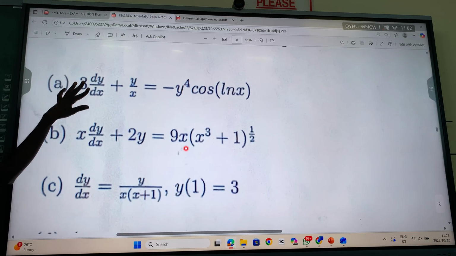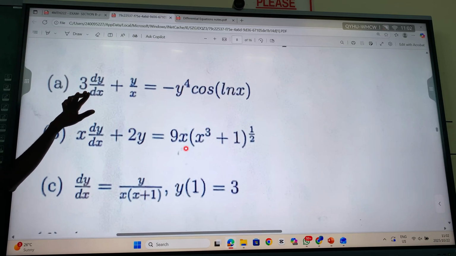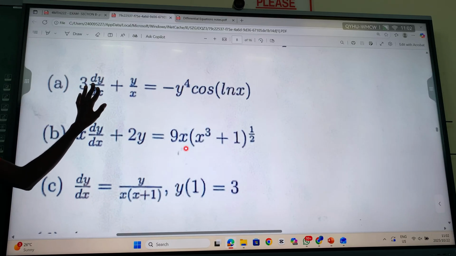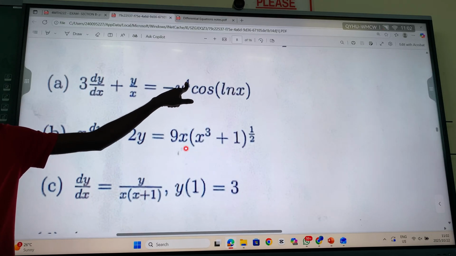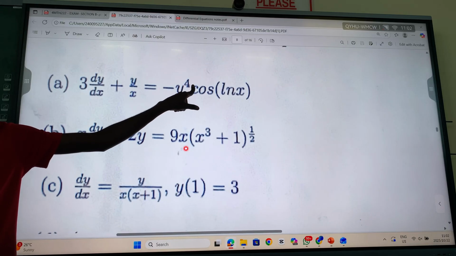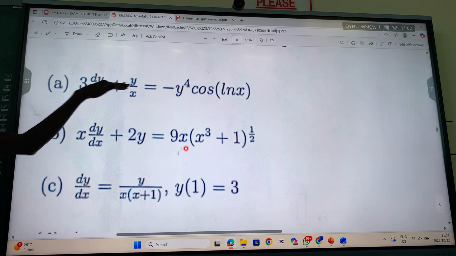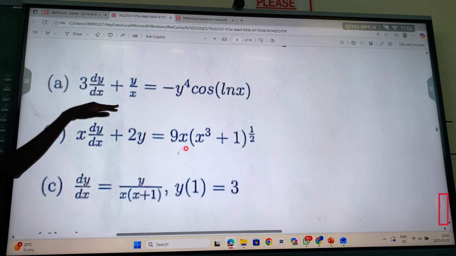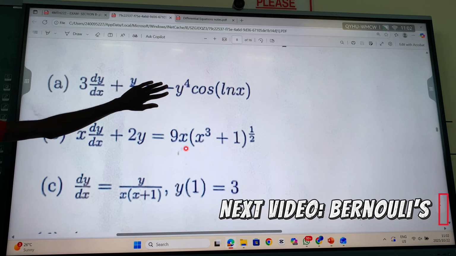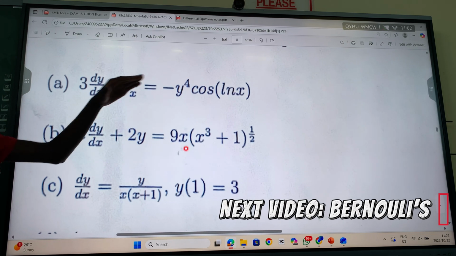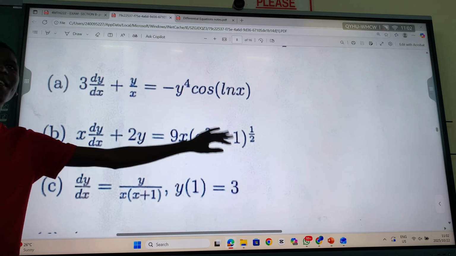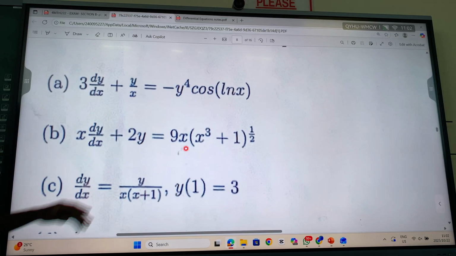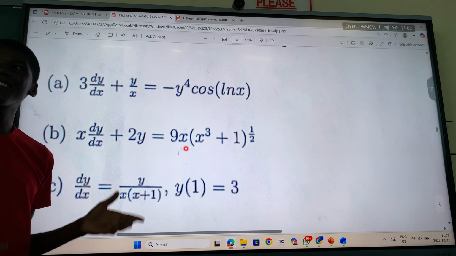Is this a first order differential equation? Yes, it's dy/dx, right? Is it linear? No, there is y raised to the power 4. So the answer is no. So don't start thinking about an integrating factor. It's a Bernoulli equation. Once the format of these papers starts with Bernoulli, followed by linear, we already know, if they will continue with the same format. That's the importance of practicing.